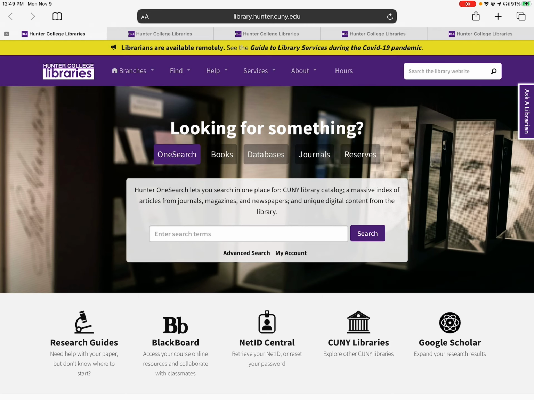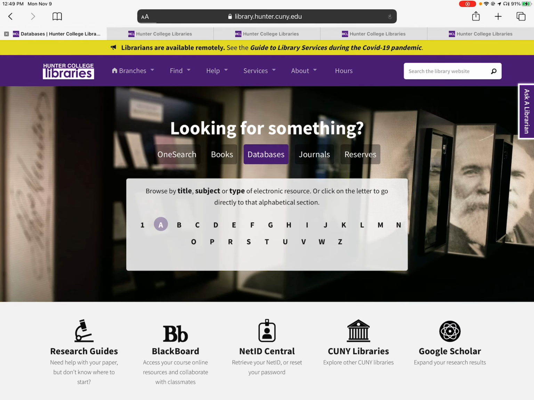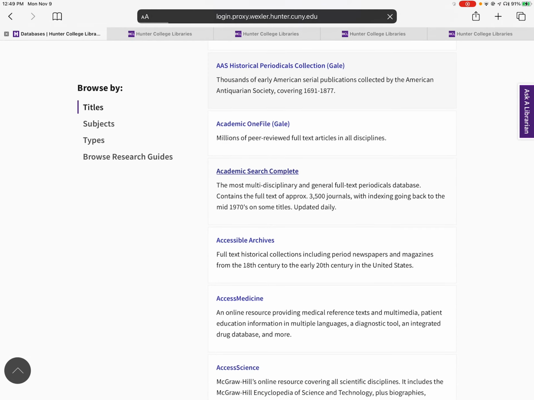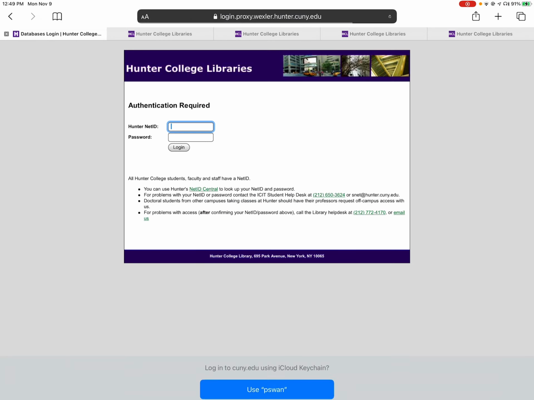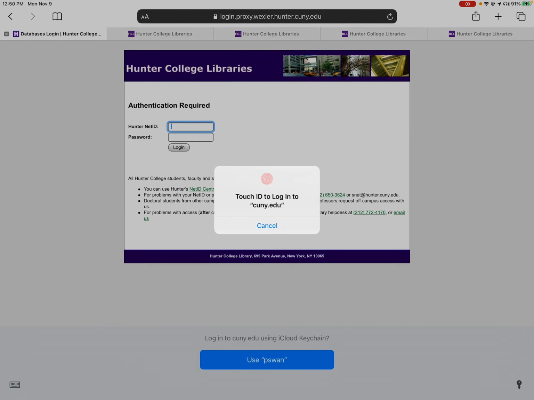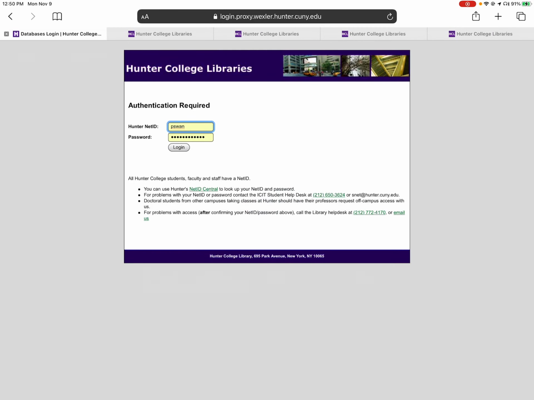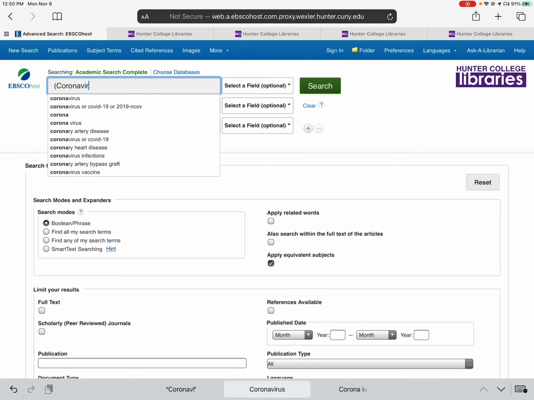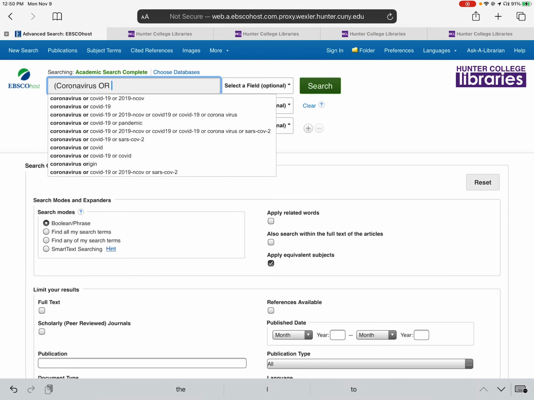So let's go to databases, and I'm going to click on letter A, go to Academic Search Complete. Academic Search Complete is where you want to go for your two peer-reviewed articles. So that's the idea behind that. We want to find two peer-reviewed articles using Boolean. So in the search window, I'm going to put in coronavirus or